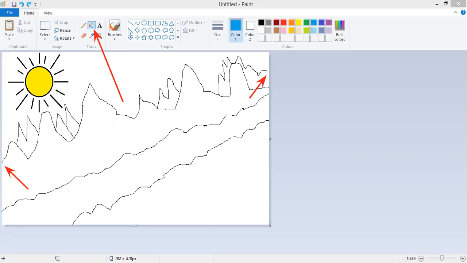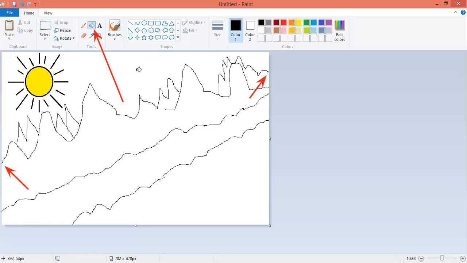But when we drew the mountains, we left some space, so that's why the color is going outside. So I take the pencil again and draw the mountain completely at the corner on the right side, so that the color of the sky will not go outside.